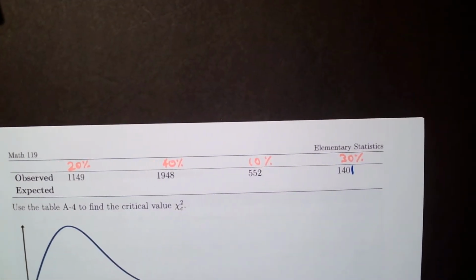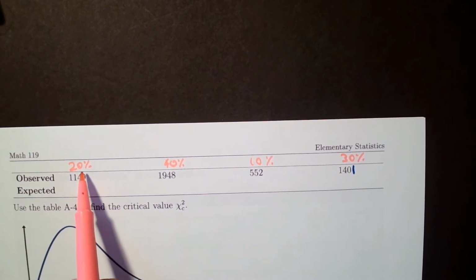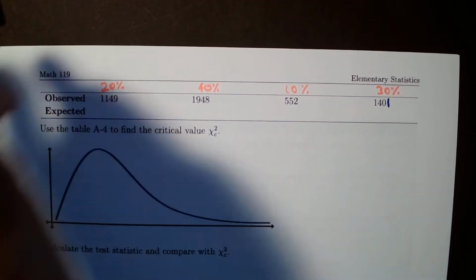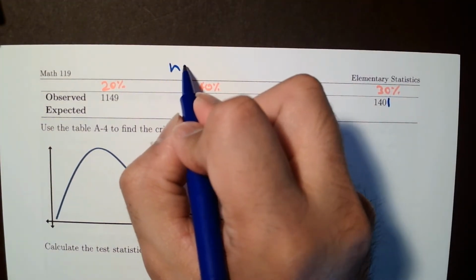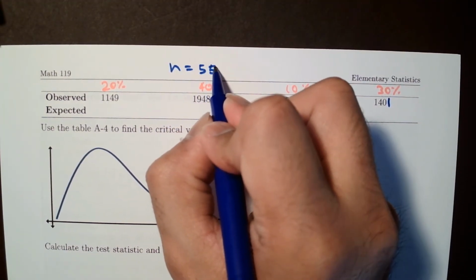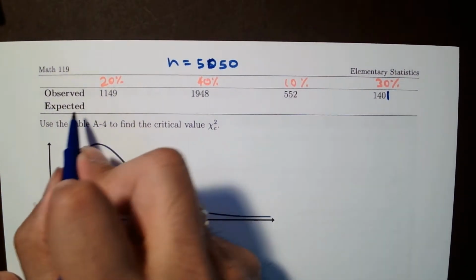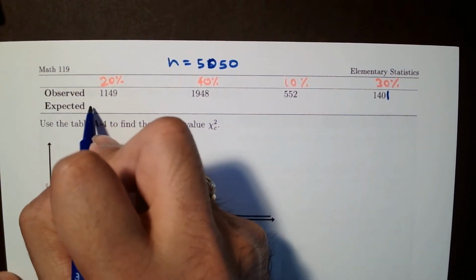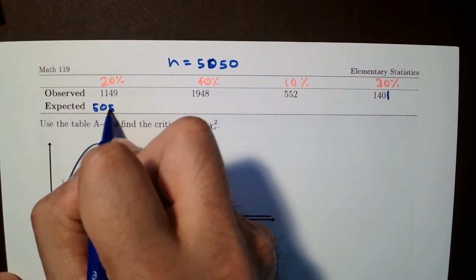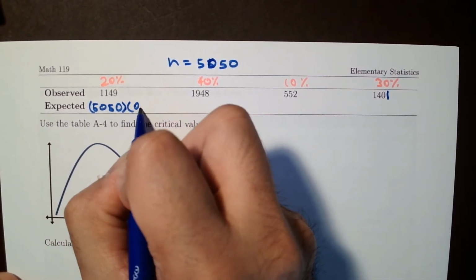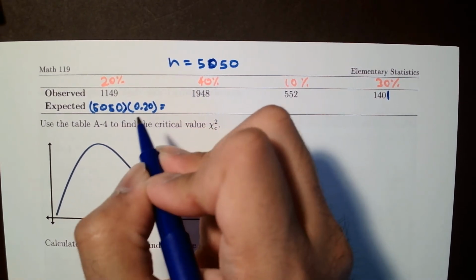The probabilities of each category are all these percentages in the form of decimals. So again, n equals 5050. To get the expected, that's going to be 5050 times 0.20,